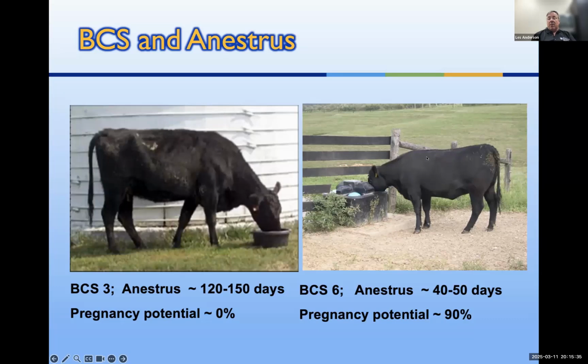Come up here around in the ribs and you see no ribs. Okay, so she's nice and fleshy there and carrying about a half inch of back fat maybe there, and come down into the brisket, and she's got a little bit of fat down in the brisket. I would call this cow body condition score 6, and if she calves March 1st, then she's probably going to